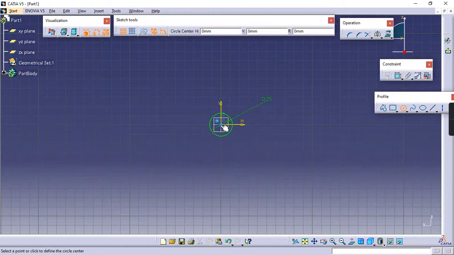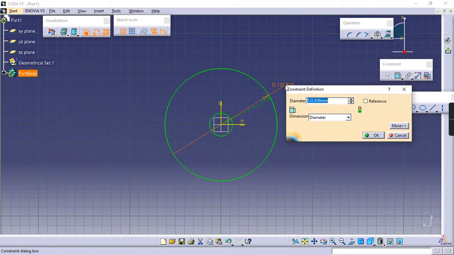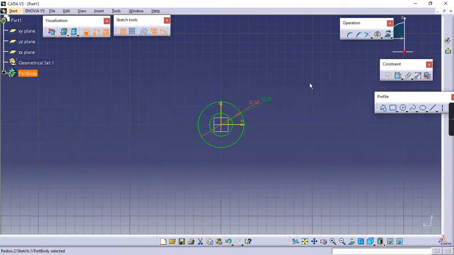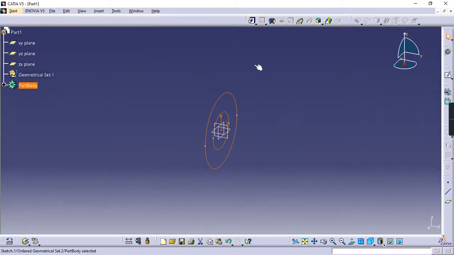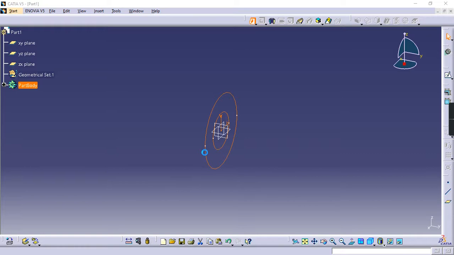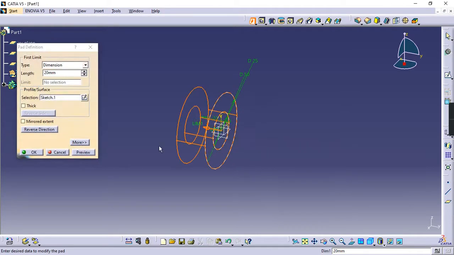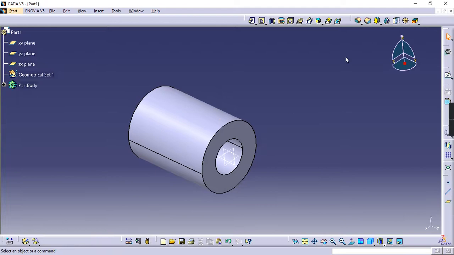Circle, drag it, 50. Exit workbench, pad it in the reverse direction 66. So you got a cylinder, hollow cylinder.